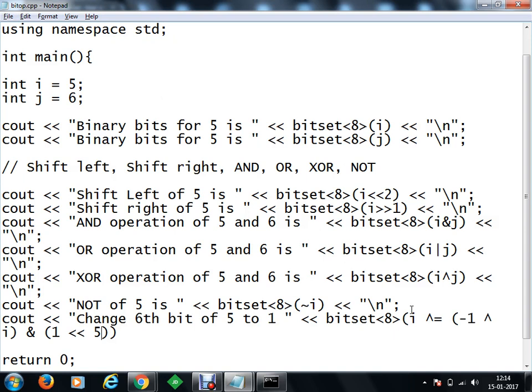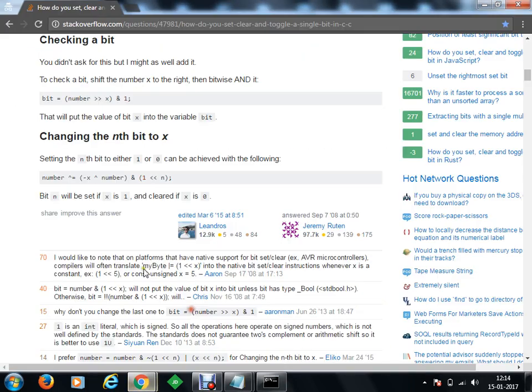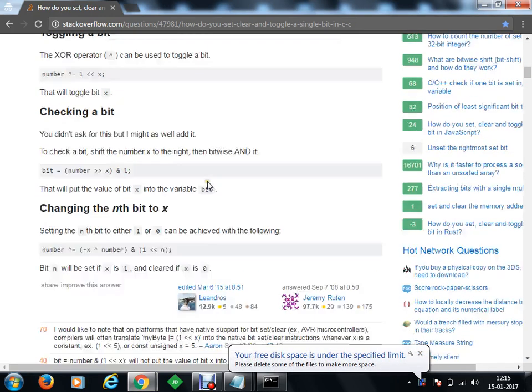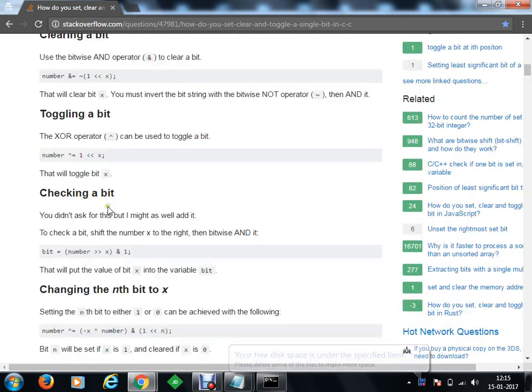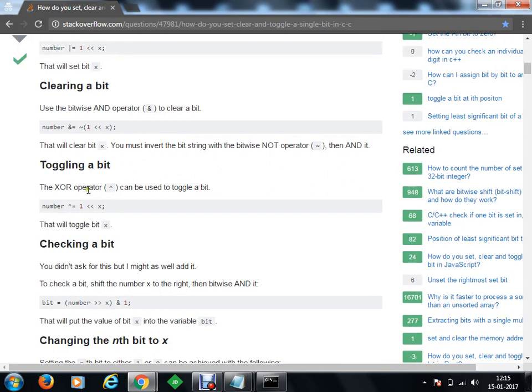Now we have just converted that into n. Let me quickly check the formula. It is equal to -1 into I and 1 shifted to that bit. There are other operations as well. You can check whether a bit is 1 or 0, true or false. If you want to toggle the bits, you can do that. Otherwise, you can use the NOT operation as well. But if you want to toggle one specific bit, you can toggle that.